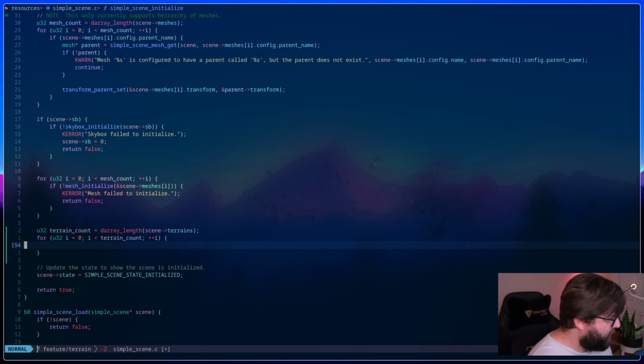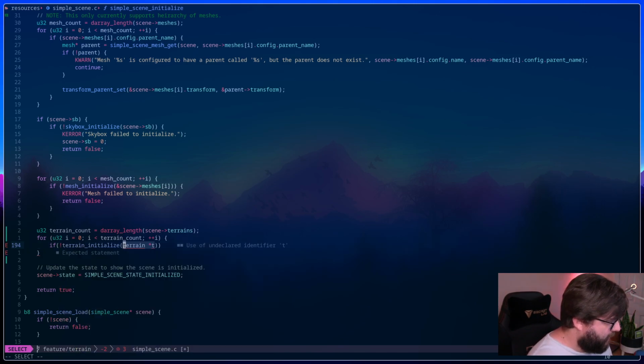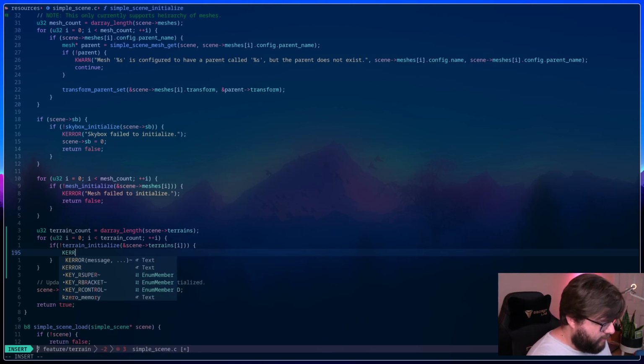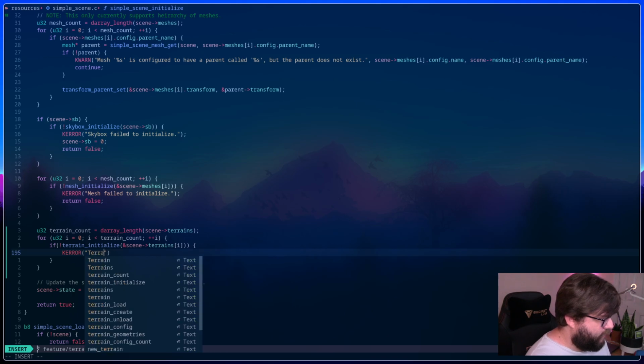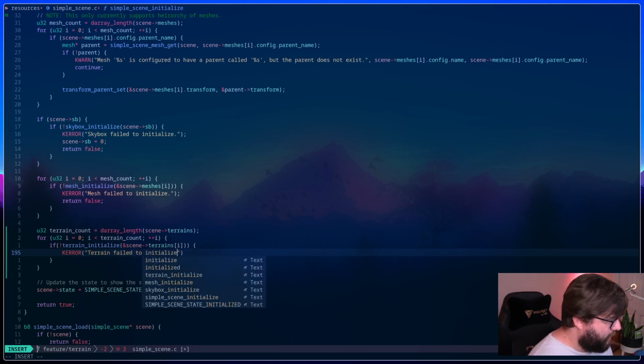And then for each one of these guys, we will do if not terrain initialize, and we're going to pass the address of scene terrains sub i. So if that fails for some reason, we're going to say KERROR terrain failed to initialize.